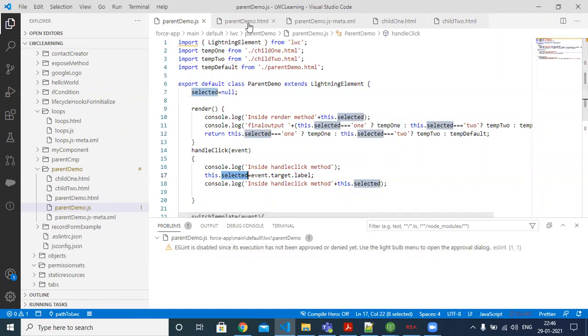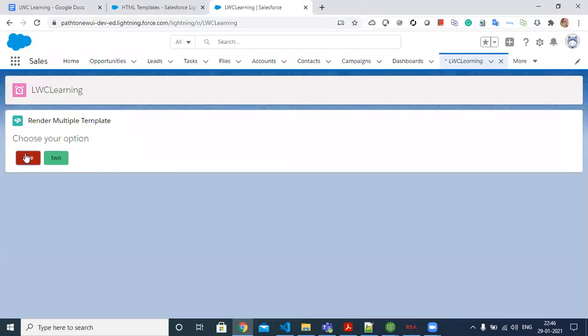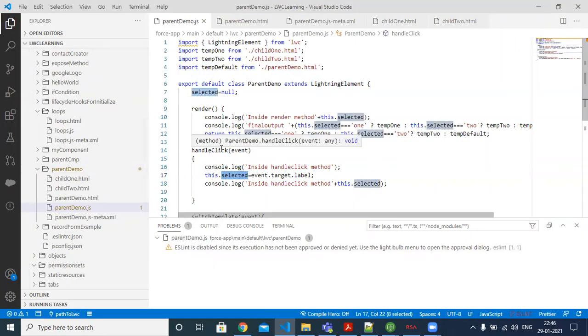When I click this button, immediately handle click is invoked, and it is passing some value into this selected class level variable. If there are any changes to this variable, immediately the render method will be invoked.